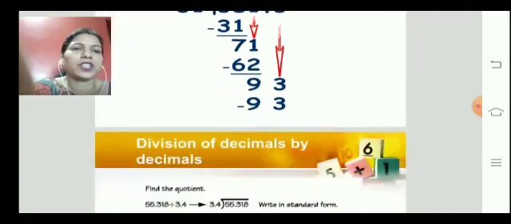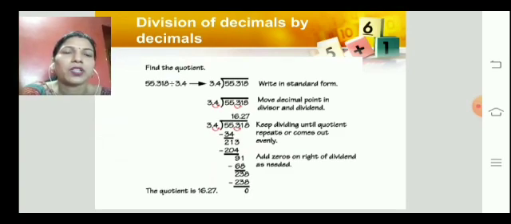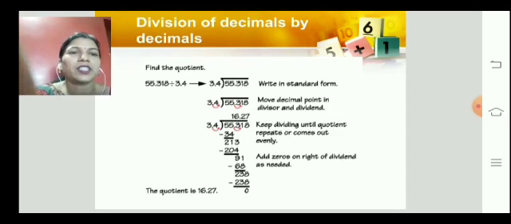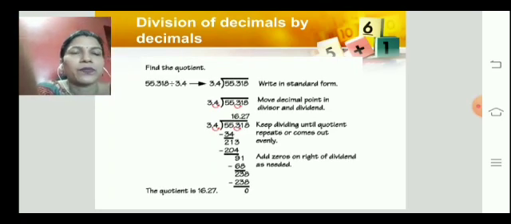But if the decimal is in both the divisor and dividend, we have to remove the decimal from the divisor. Like 3.4. To remove the decimal, which is before 4, we shift 1 digit, that is 4, and it becomes 34.0, that is 34. So in the dividend, the number which is 55.318, as we have shifted 1 decimal place in the divisor, we will shift 1 decimal place in the dividend also. So my number becomes 553.18. So we have to divide now.